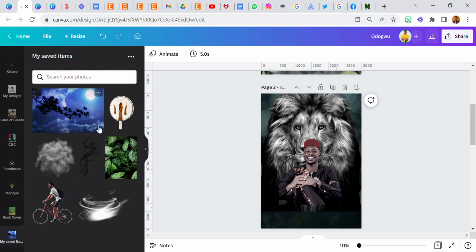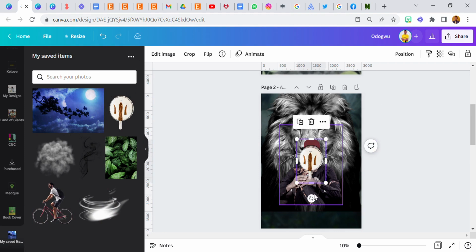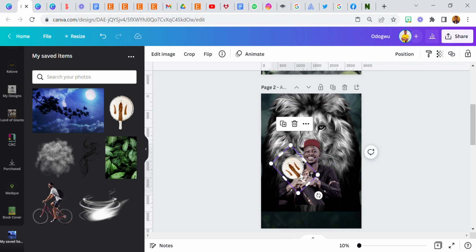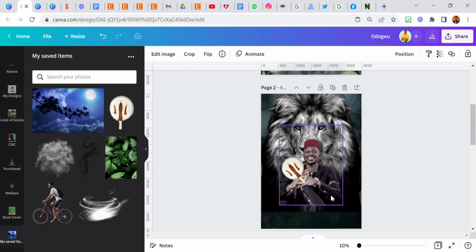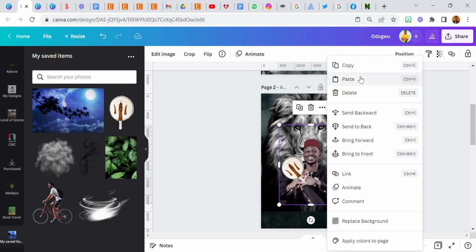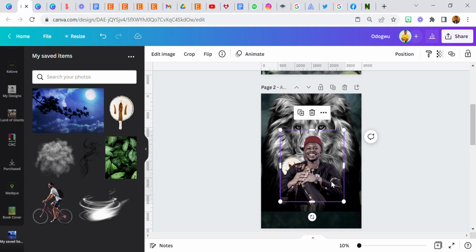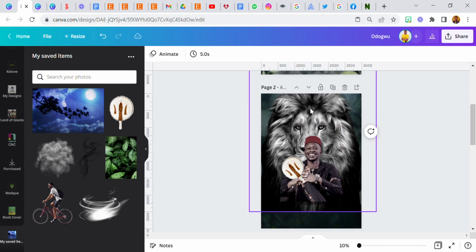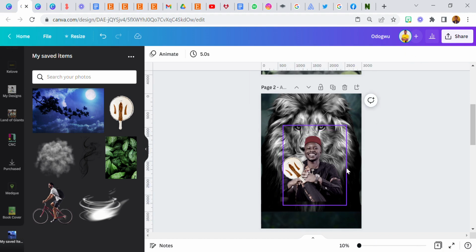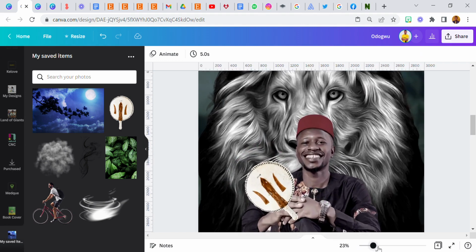Okay, my saved item, this is the fan. This is it. Reduce the size, bring it here. Just trying to check something, copy this to make sure I get the right size. Okay, to make sure it's the right size. So our fan,